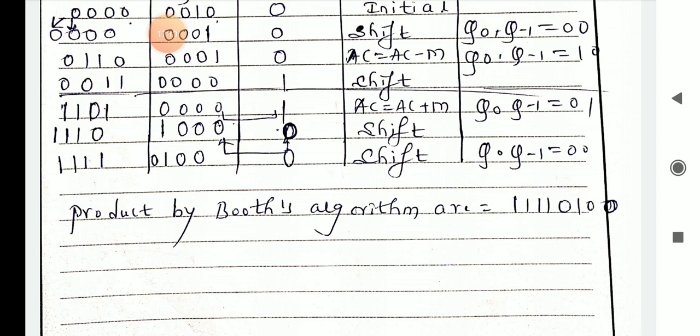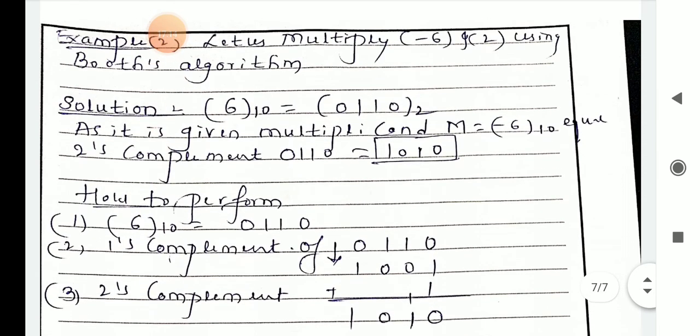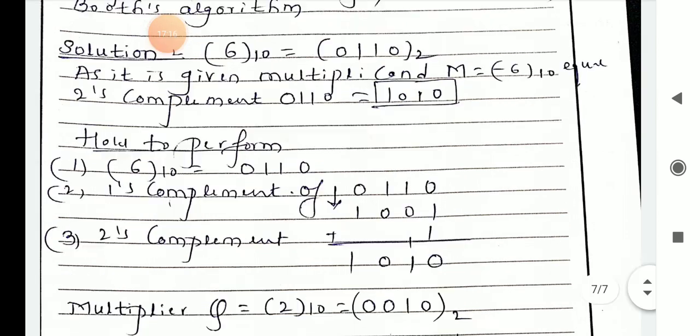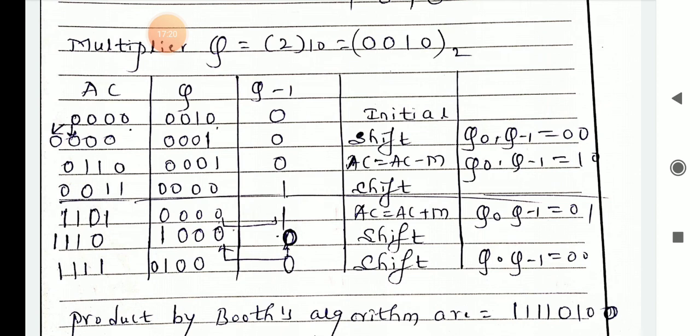Then you have to write the decimal number also. So multiplication of this, you are getting the result, which is matching. Okay, so this is the second example. You can take any examples. Okay, so make a column. This is the procedure of how to perform the multiplication operation using Booth's algorithm. Okay, so I hope you people are understanding this concept.